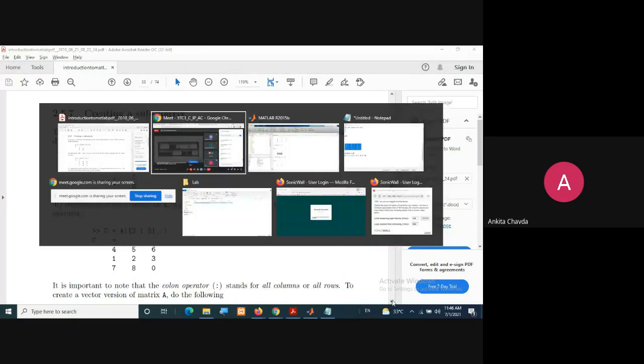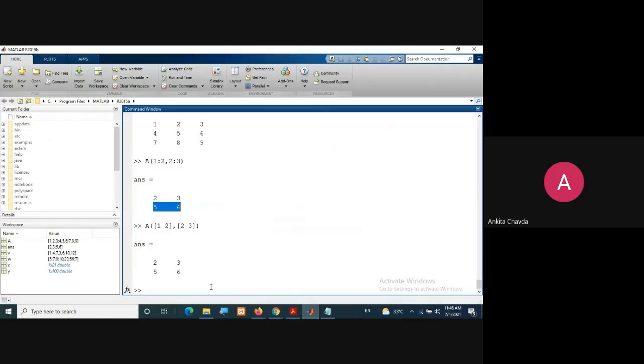Now if you wish to create another matrix, where you only want some of the rows interchanged, I want my matrix B, but with the first row being the 4, 5, 6 row, then 1, 2, 3, and then 7, 8, 9.